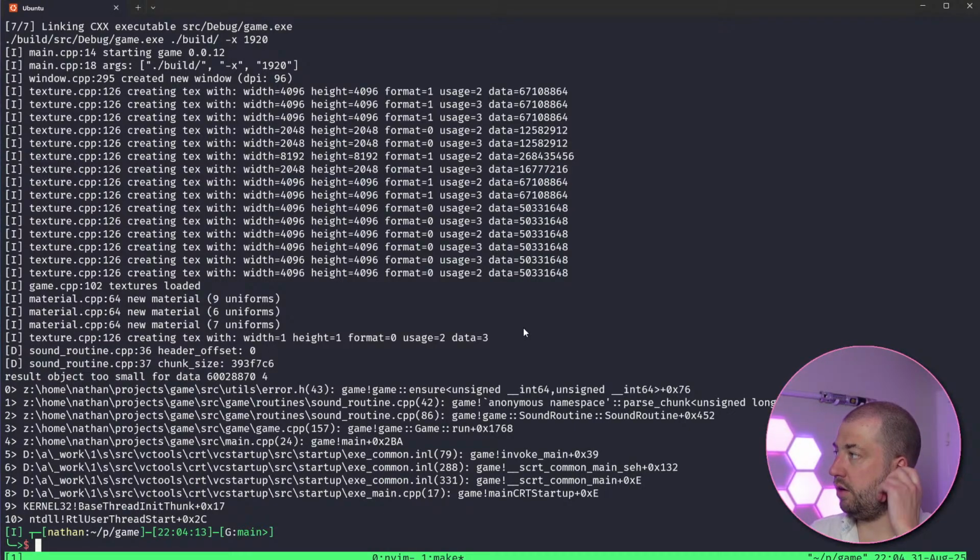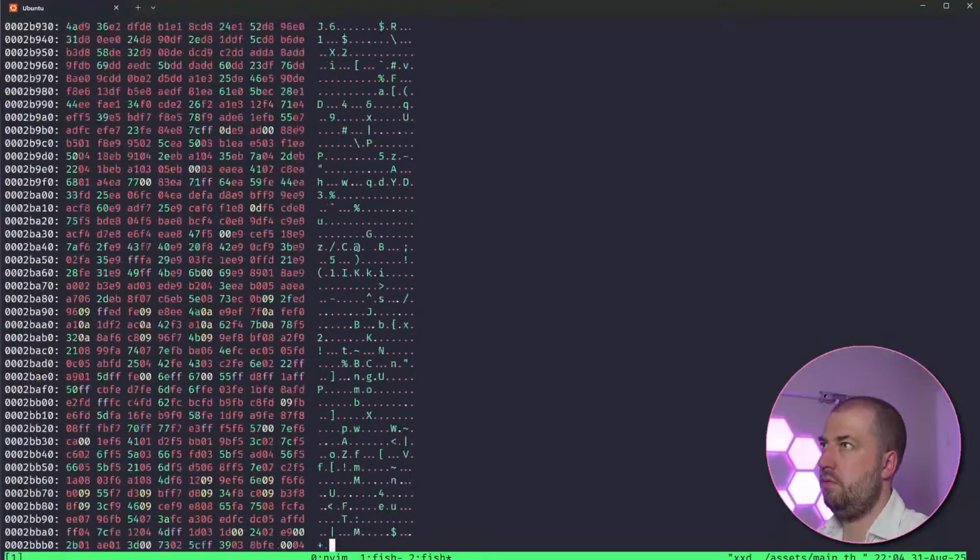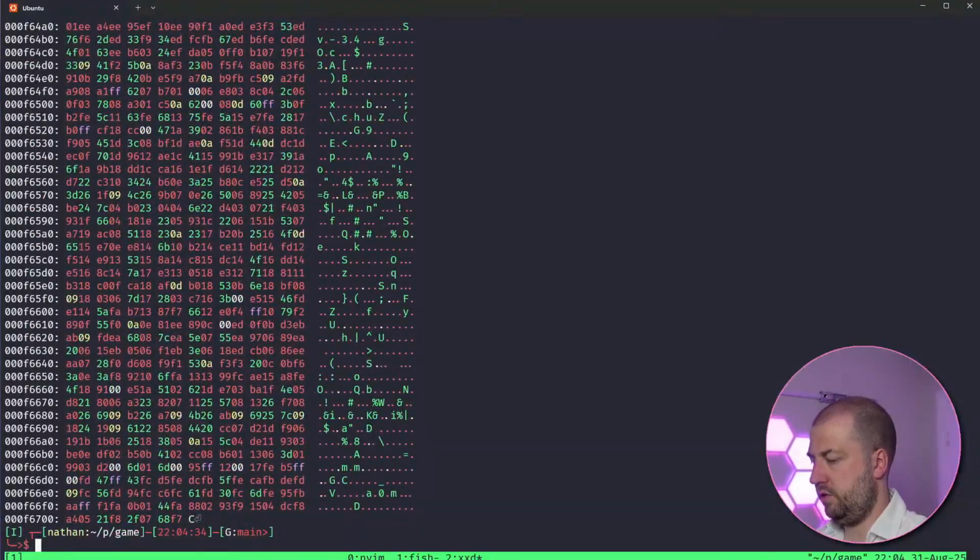Oh, okay, fine. So header offset is 0, so it's saying it's the first thing in the file. Can I exit the assets main theme? I instantly regret that.